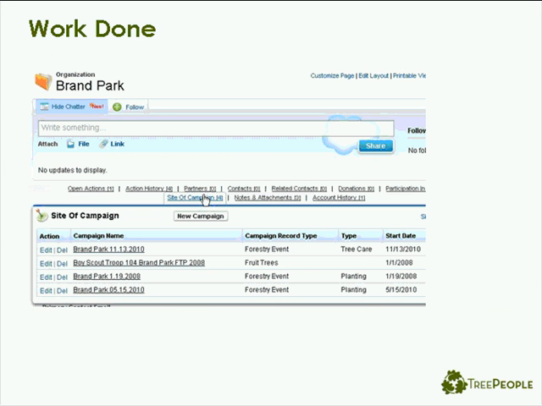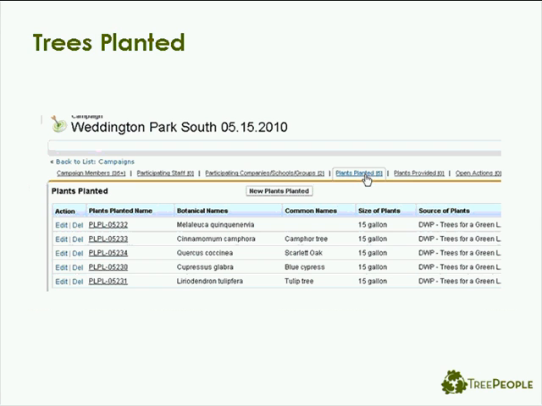So another thing is we can track the work we've done at different sites. So here's a park. So we can track that we've done 2 planting events and a tree care event, and we also planted some fruit trees there and did a fruit tree distribution. So all of that's in there. If you clicked into those records, you could see how many of what species of trees we planted, of what size, that kind of thing. That's all right there. You can see the whole history of what we've done. So here's, like I said, we've got the botanical name and the common name of the trees we planted, the size, and even the source where they came from.